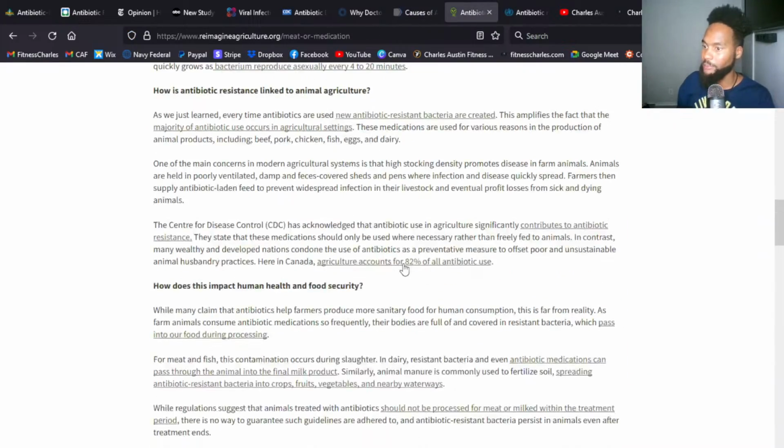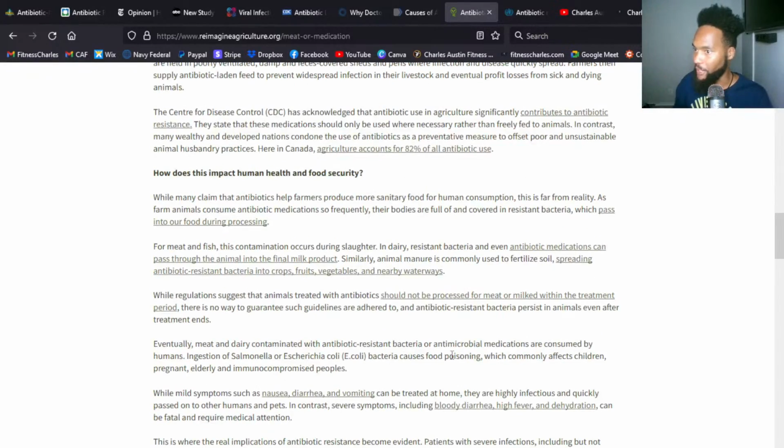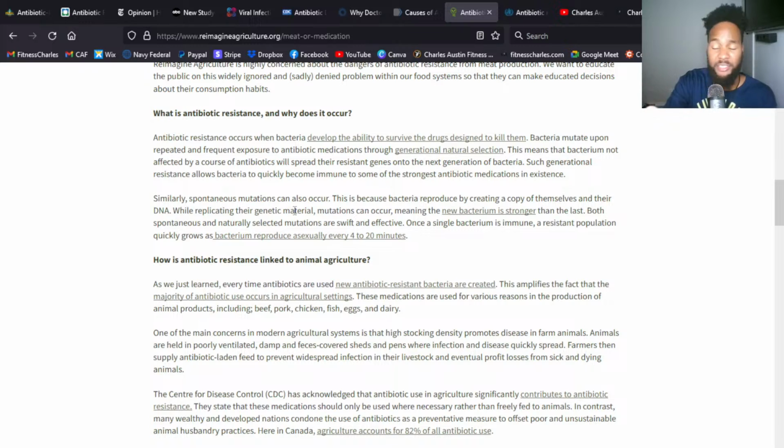So real quick, I know the text is a little bit small, okay? But as it says here, every single time. So the quick thing on antibiotic resistance in agriculture is the simple fact that it's given to